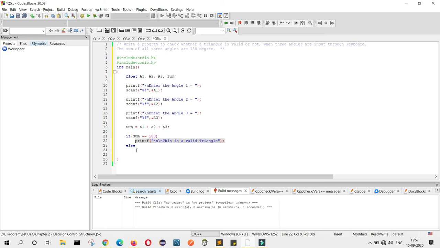Else I will write this is not a triangle. Fine. We will write printf enter any key to exit.